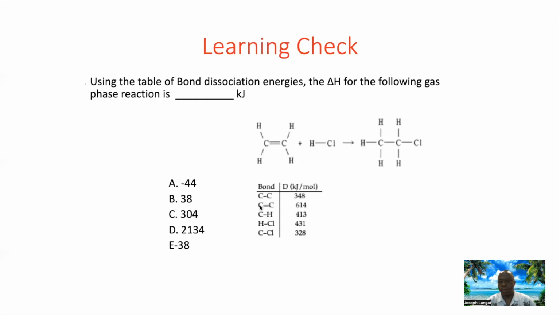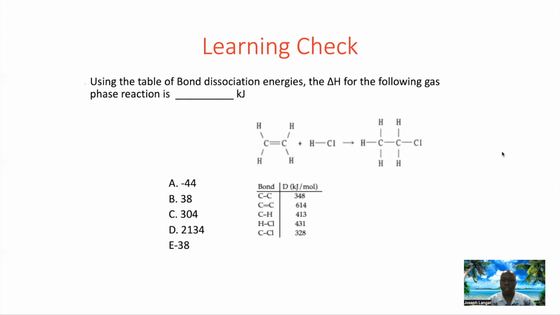So it is 1 times, right here, 614, plus carbon here, 1, 2, 3, 4, 4 times carbon hydrogen is right here, 413, plus hydrogen chlorine is right here, 431. Okay, these are the product,